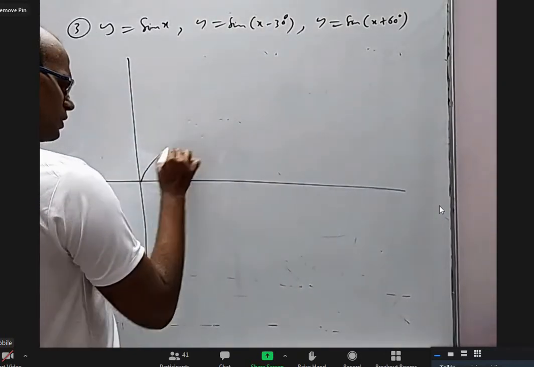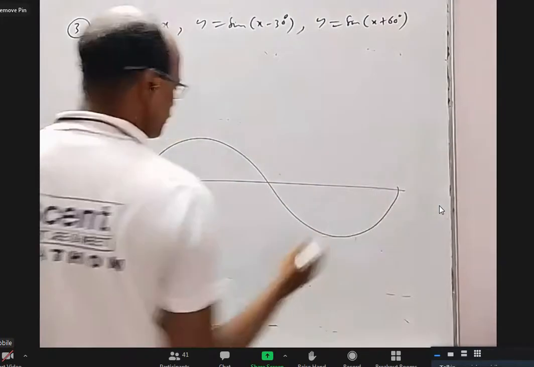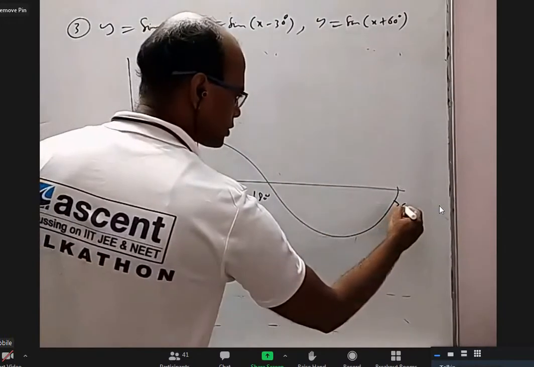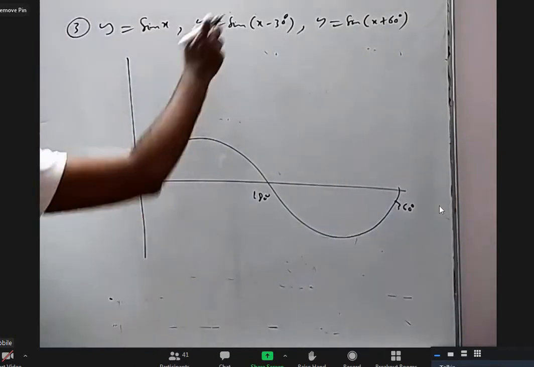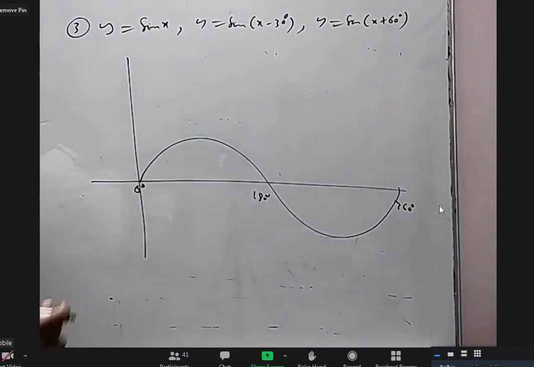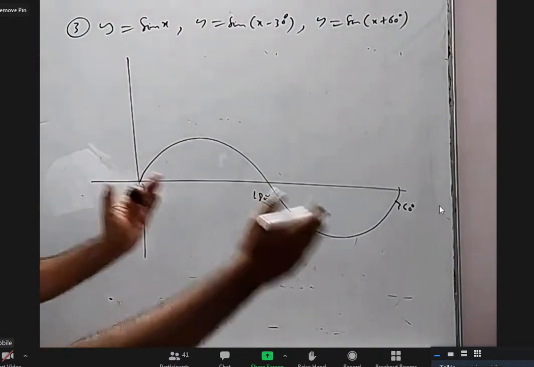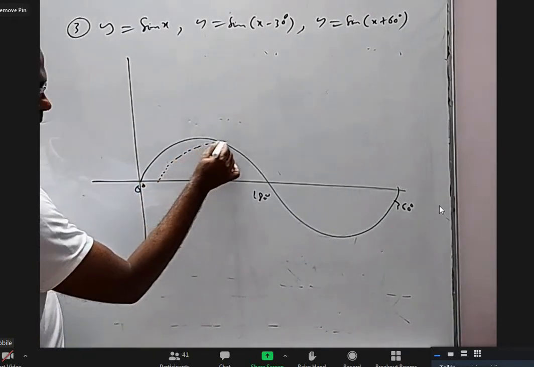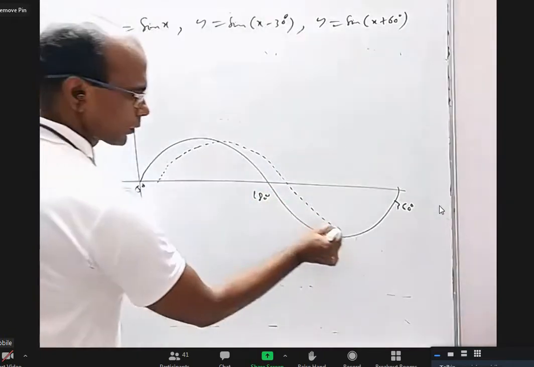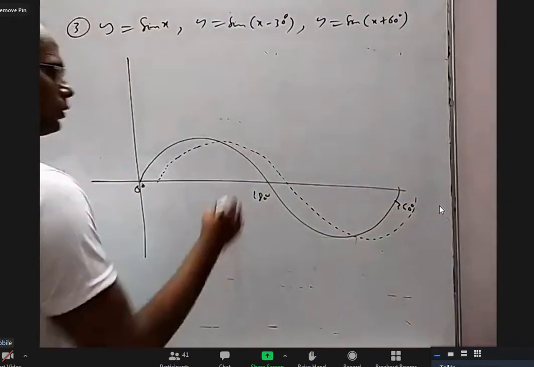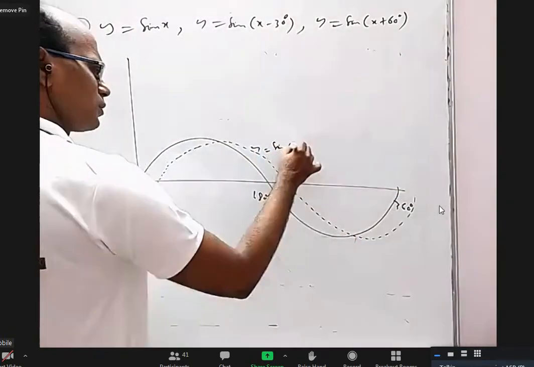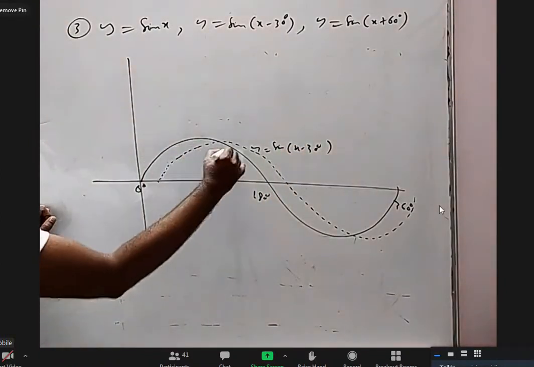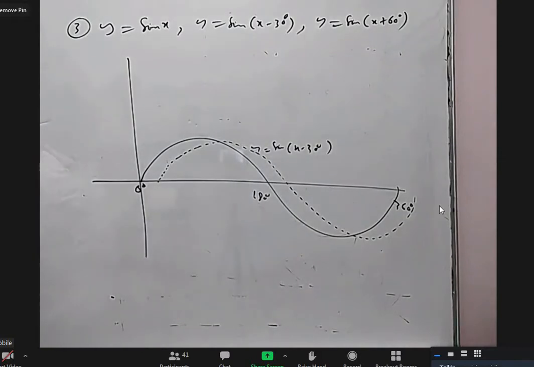When sin x is like this, this is a graph of sin x where this is 0 degrees, this is 180, this is 360. Sin x plus 30 is a graph which will come, you have to shift this graph towards the right. I'll tell you why we have to shift towards right. x minus 30. Yes, you have to move every point horizontally by 30 degrees along the x axis.